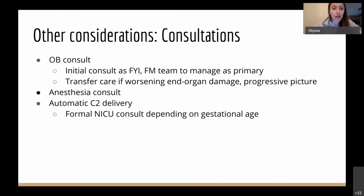Anesthesia consult is another one that can be important to consider. That goes beyond just asking them to weigh in on epidural timing and discussing epidural with patients, but knowing that they might need to be prepared for more emergent deliveries. They might be more involved in assessing a patient's airway if they're concerned about that, and some of these patients in more extreme states of severe preeclampsia can have thrombocytopenia, and that may affect their risk when it comes to neuraxial analgesia. So it's important to think about how they should be counseled, potentially ahead of time